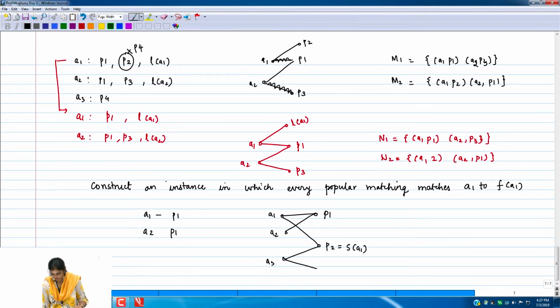So therefore A3 has F of A3. But A3 should not get F of A3. Or if A3 gets F of A3, somebody else should be able to consume or utilize this post. So what should I do with F of A3? Okay, so as soon as you make it somebody's F of A, it cannot be S of A for somebody, right?